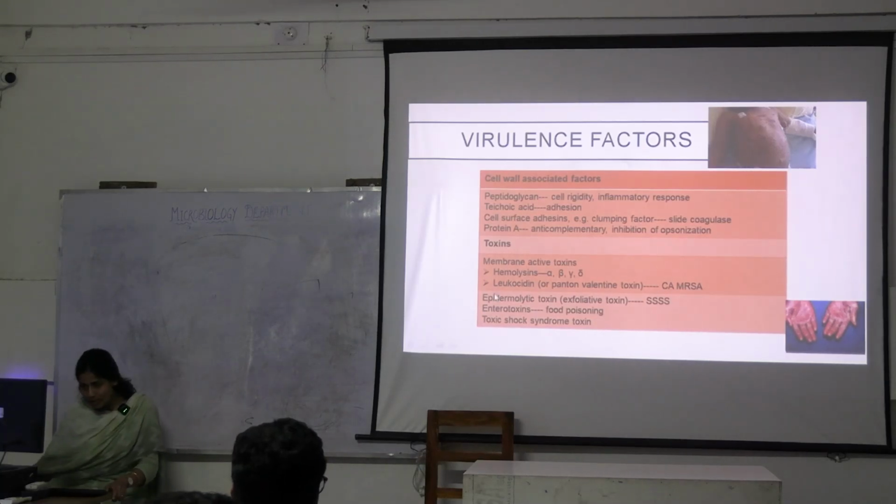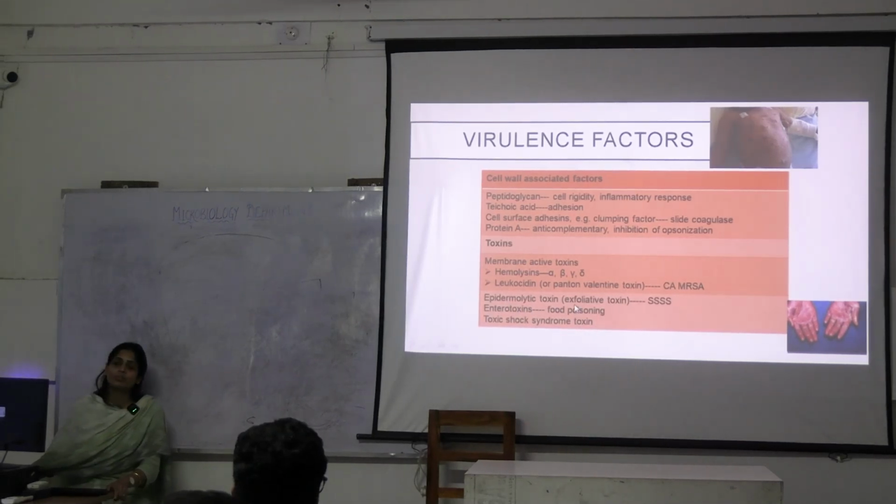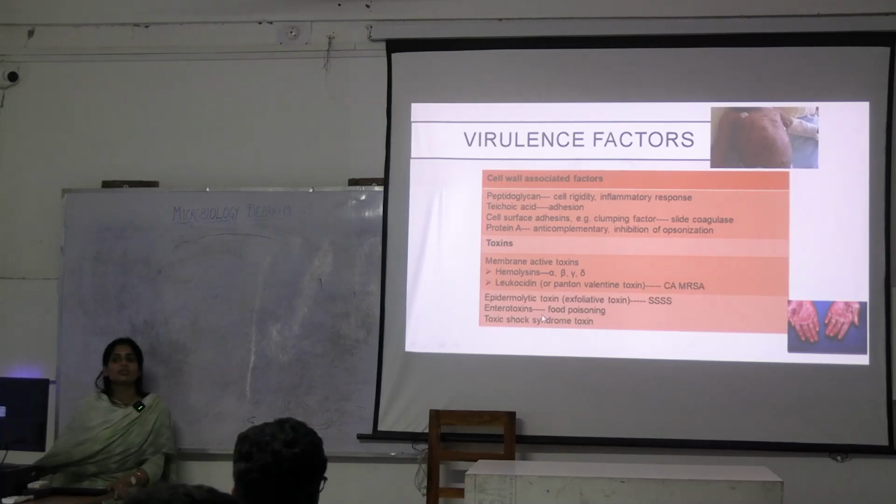Okay. Coming to enterotoxin. What does the name suggest? Entero means gut. Toxin. What does it cause? Food poisoning. You had some food outside. This is a preformed toxin. Will it be removed after you heat the food? No. The food was there. You consumed this food. In 1 to 6 hours, you develop diarrhea and vomiting. What is that? It's a food poisoning. Caused by which? Staphylococcus aureus preformed enterotoxin.